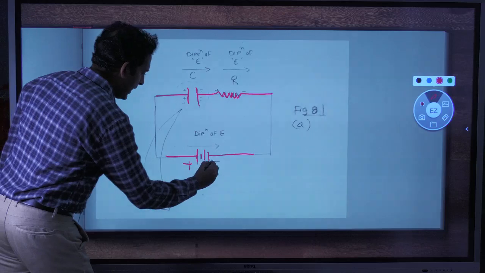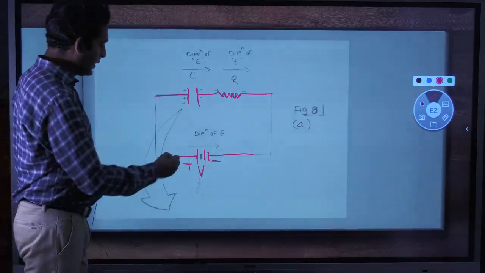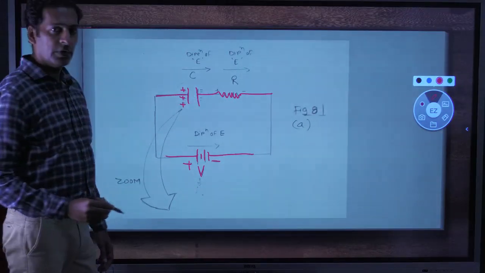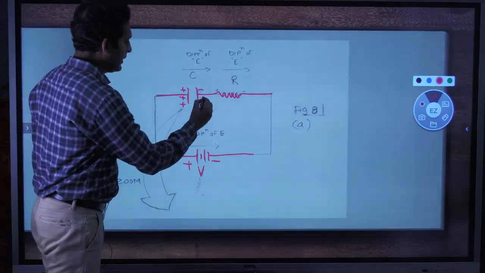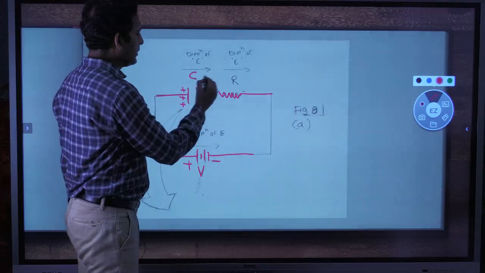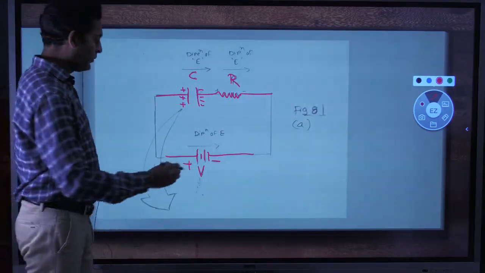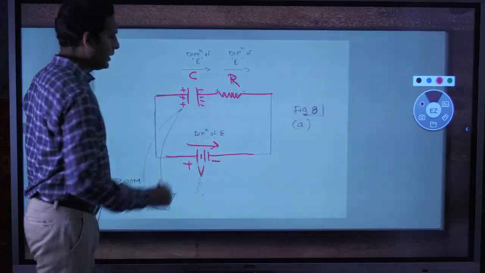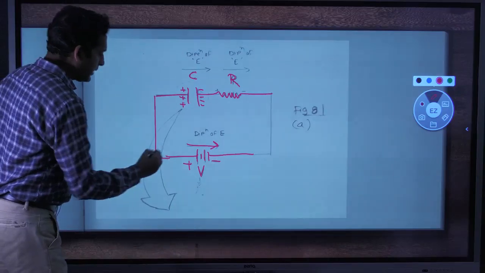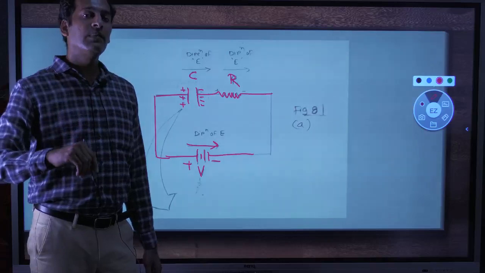As you remember, whenever we apply a voltage source, there will be production of current. As per the direction of flow, there will be positive charge on one plate of the capacitor and negative charge on the other plate. So this is our C, this is R. The direction of electric field intensity is always from positive to negative, as we know. Now by using this concept, we will understand Maxwell's fourth equation as well as the displacement current.